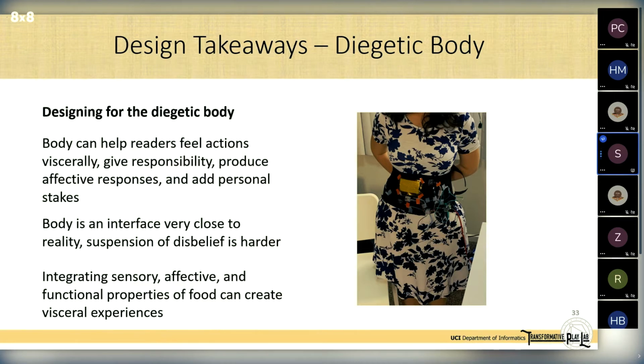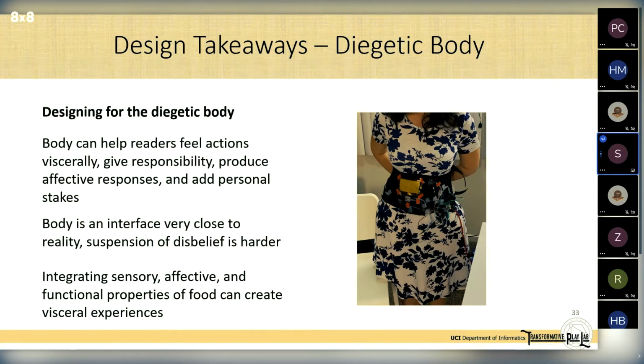However, designing for the diegetic body can be tricky because the body is an interface that is really close to the real world, and people expected Gummy to follow the rules of their body. So it's important to keep in mind the fragility of suspension of disbelief, especially if the story is grounded so much in the reader's reality.